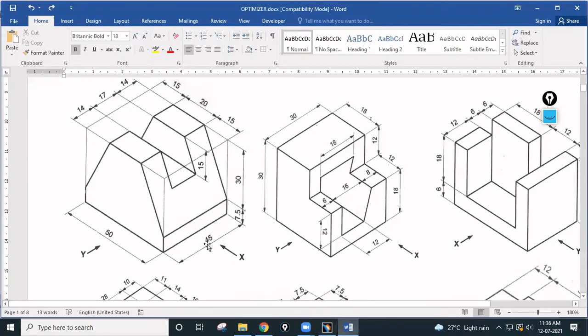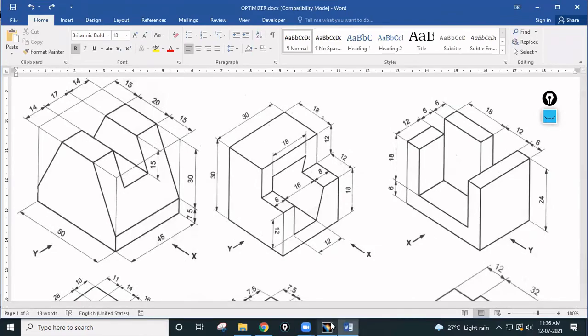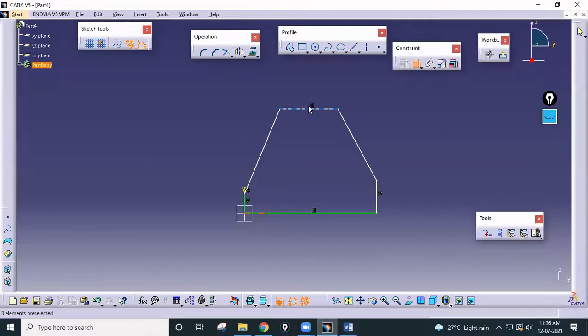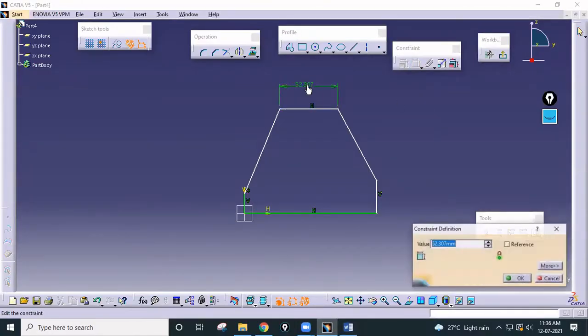So 50. So this bottom distance is 50. So total this is 7.5, and this top width is around 20. Okay. And this remaining part is 15. Okay. So this one is only 20.